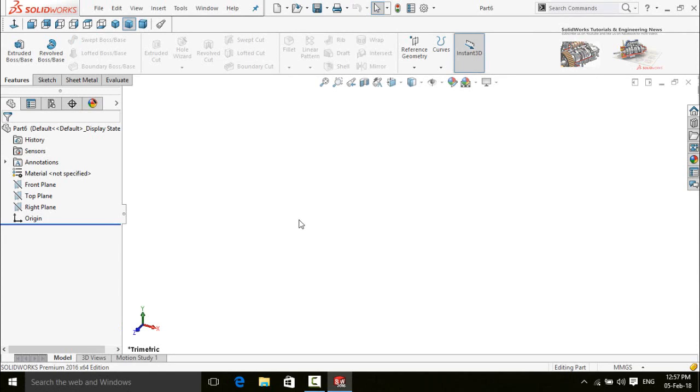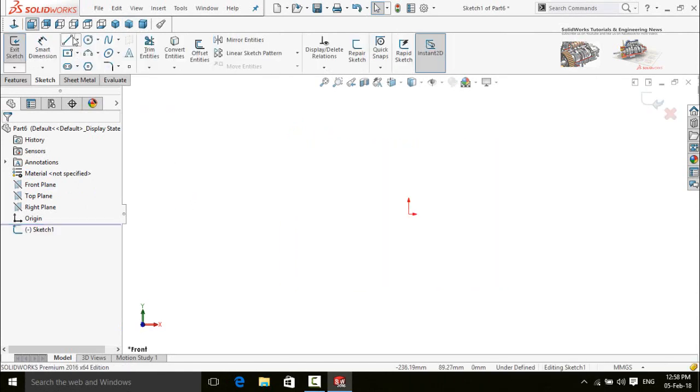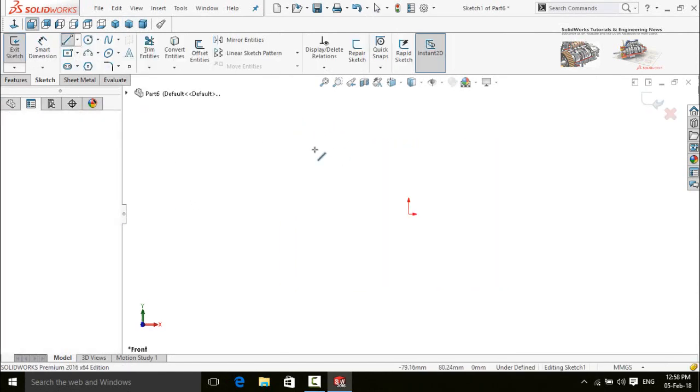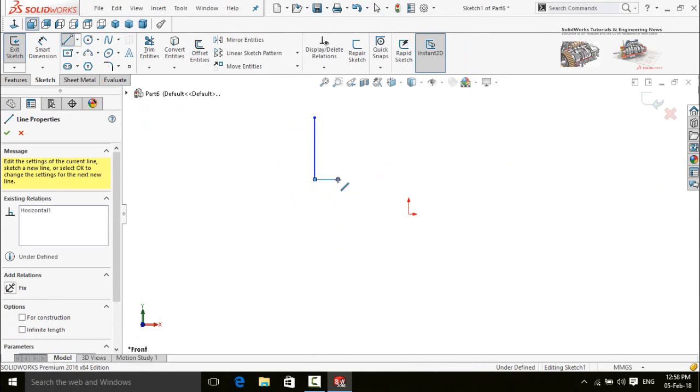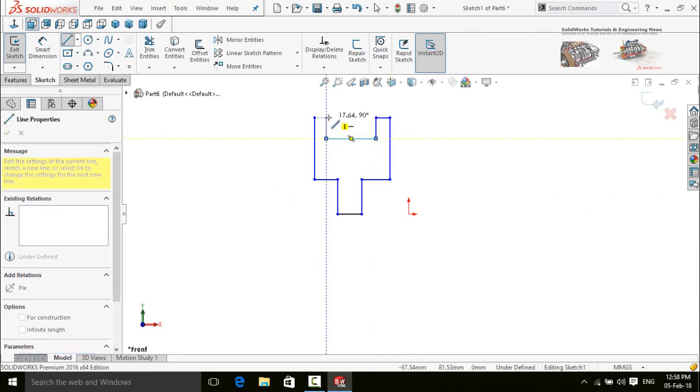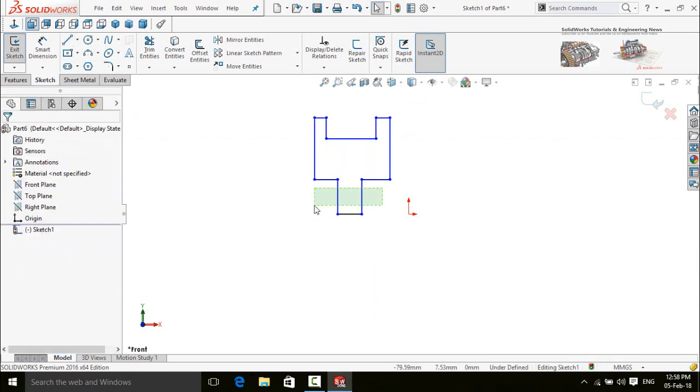So let's start. First of all, we have to create the chain component. Click on front plane and then select sketch. Now draw a sketch by using the line command and draw it like this. Press escape button, then select both of these lines and make the relation equal.